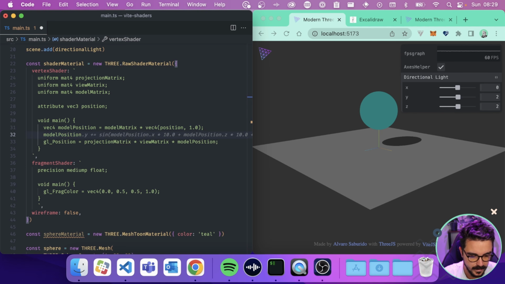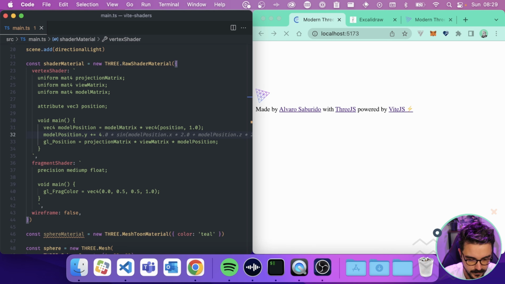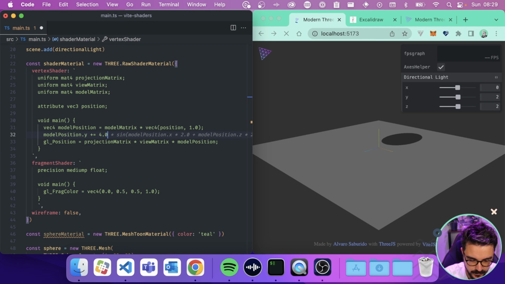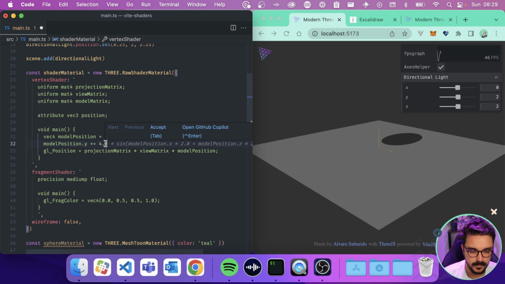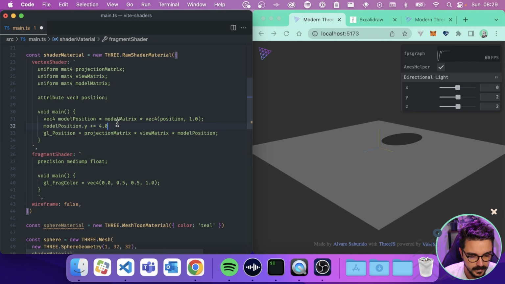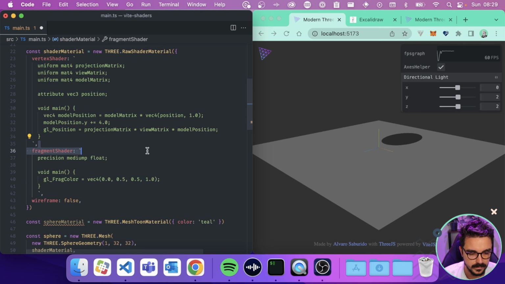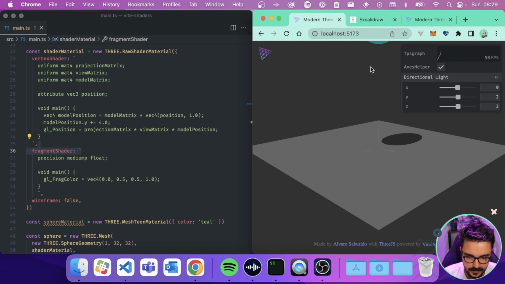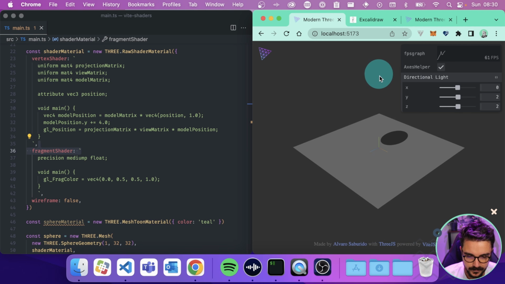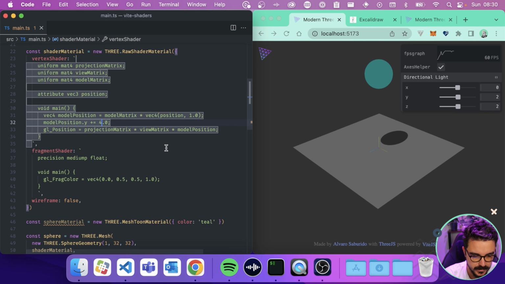and let's say we want to change how high it is from the plane, right? We can do this, and let's put a number like 4 and save. It's gonna throw an error because every float you will need to put with .0, okay? And we are talking about positions that are floats, so we need to put the .0, okay? So you can see now our sphere is way up, so we changed the position of the sphere with the model position.